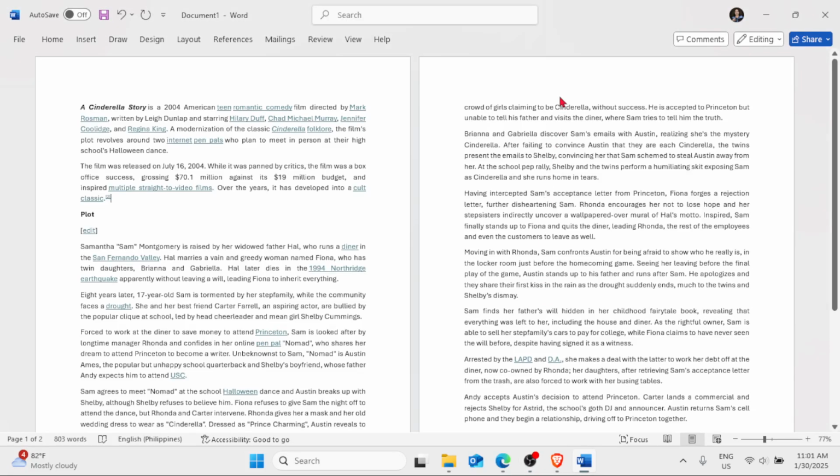Hey friends, in this video I'm going to share with you how you can convert a Microsoft Word document into a PDF. So please watch this video and I will guide you on how you can do that. The advantage of converting your document from a Microsoft Word document into a PDF is that whenever you want to